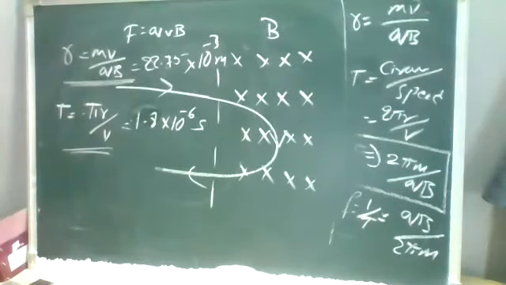Okay, good. Please check your answers. Here, for the electron, you have to consider the mass of the electron, 9.1 into 10 power minus 31. And for the magnetic field, Q is nothing but your charge, so 1.6 into 10 power minus 19. With that, we have to find the answer.